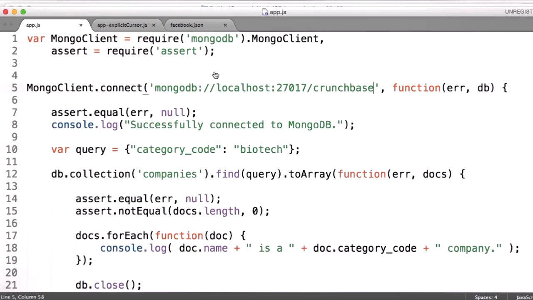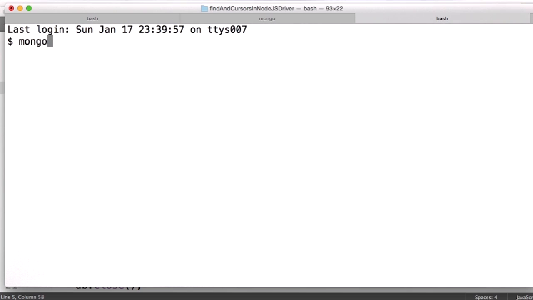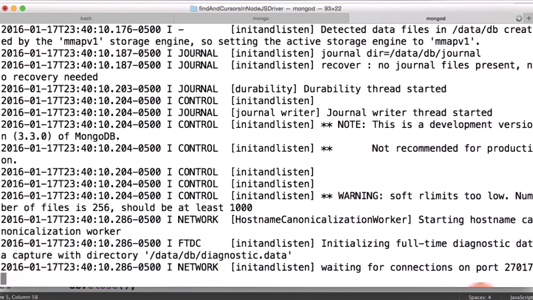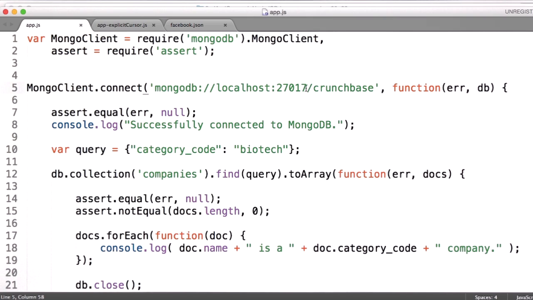Before we do that, I'd like to look first at changing the port. Now, by default, when I start a MongoD, it binds to port 27017. We can see that with this example. You can see that the last statement the MongoD prints out when it starts up is that it's waiting for connections on port 27017. So what happens here if I change this port number to something like 27018, save, and